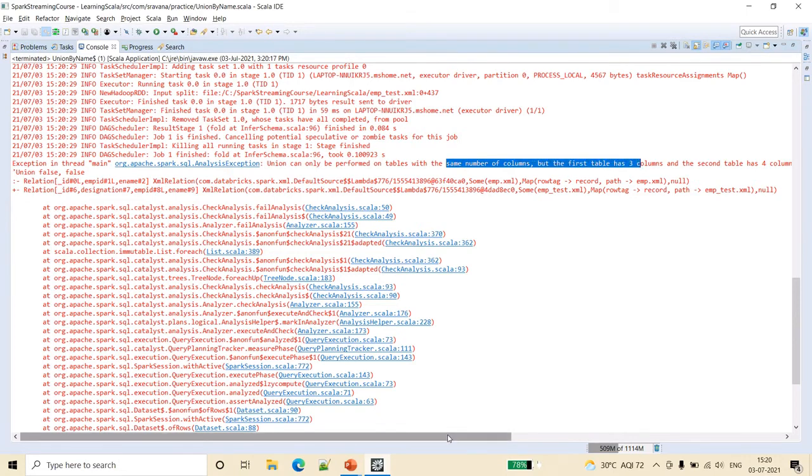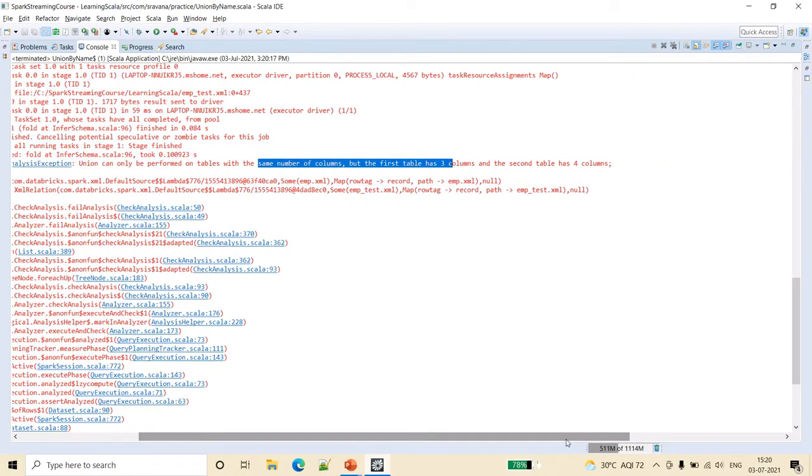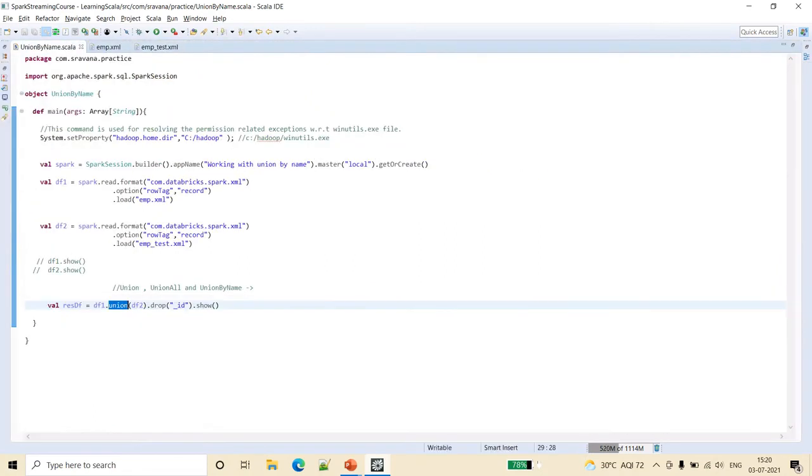So here, in the first table we have 3 columns, which are the ID of the records attribute, employee ID and employee name, whereas the second data frame has employee ID, employee name, designation and the ID row tag. Because of that, union has failed. So now let's try with union all, in case it allows.